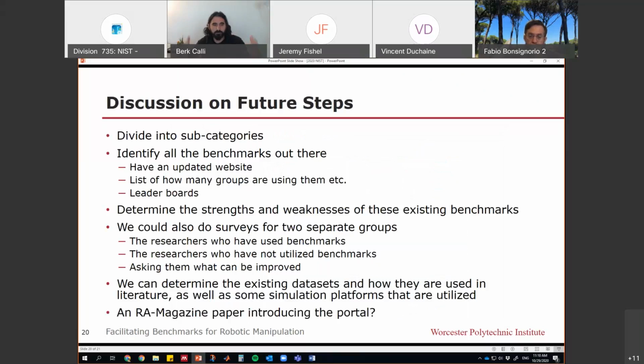And here are some future steps, which I think boil down to a couple of main points, and I would be very happy to discuss any of these. This is, again, not specific to benchmarking grasping mechanisms. It is perhaps some suggestions about broader benchmarking for robotics. Basically, identifying the subcategories that people would be particularly interested in would be a good first step, I think. And then identify all the benchmarks that are out there for robotic manipulation. We can go retrospectively, so we can have a really exhaustive search of all the benchmarks there are,